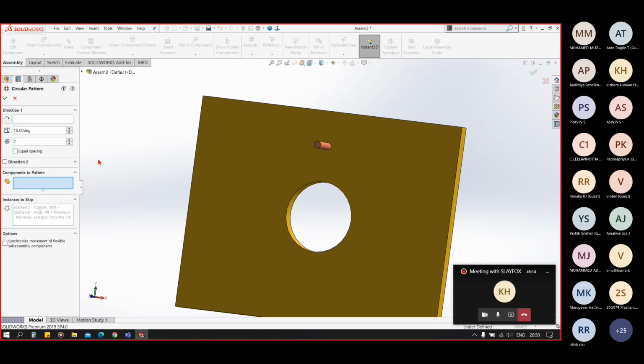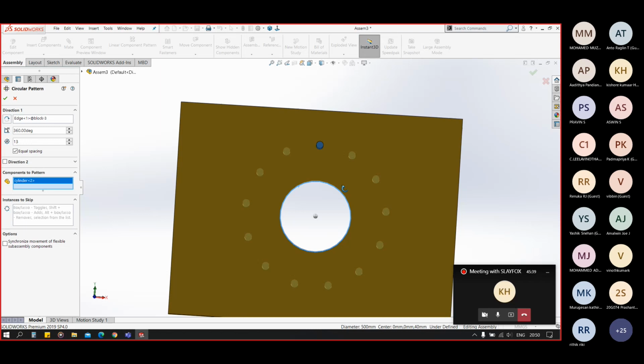In the circular pattern, we have direction 1, components to pattern, and direction 2 also. In direction 1, let's say we select this edge. In components to pattern, we have this, and we have instances here. Or if we click on equal spacing, it will be spaced in an equal manner.